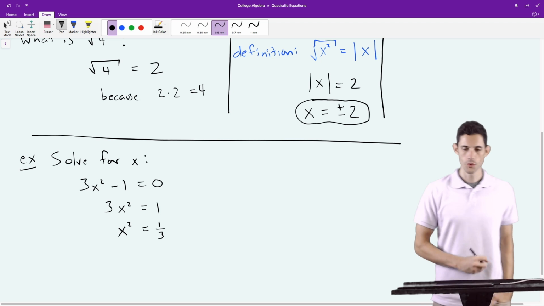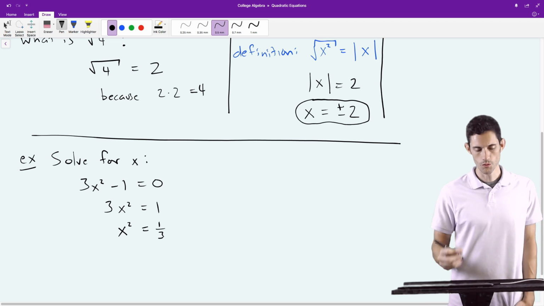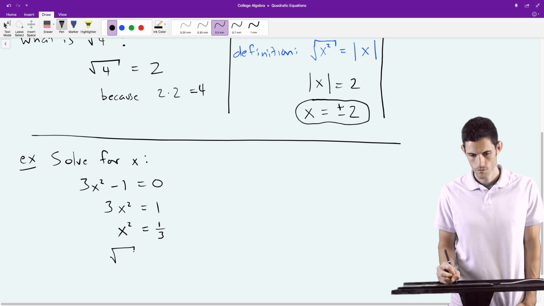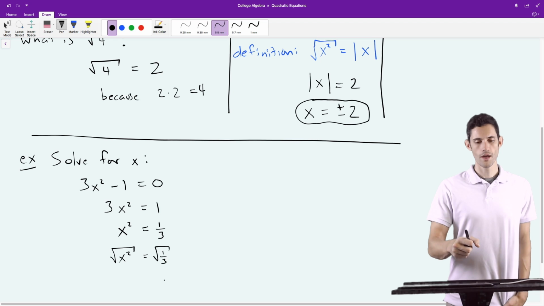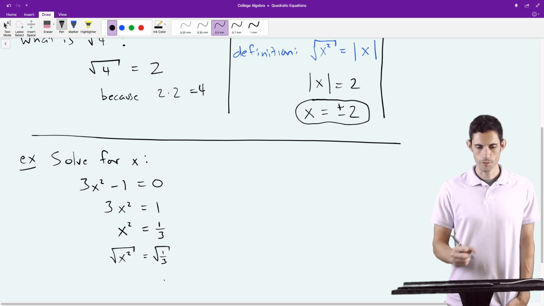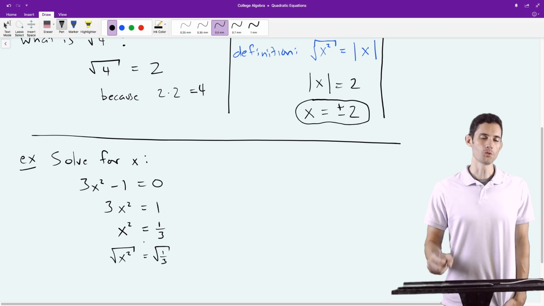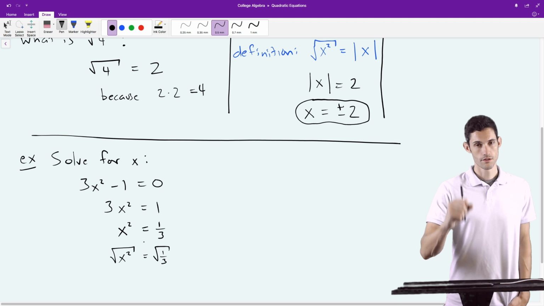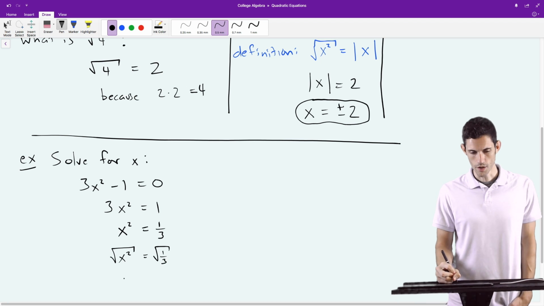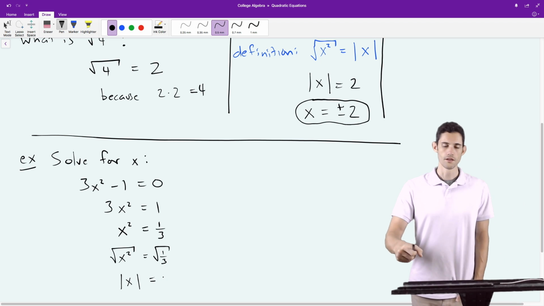And now I'm left in this situation that I was in before. Let me take the square root of both sides. So the square root of the left is equal to the square root of the right. We'll talk about what happens when the right-hand side is negative, but for now it's positive, and I'm just going to keep going. So what is the square root of x squared? The answer is absolute value of x. So I'm going to write absolute value of x is equal to